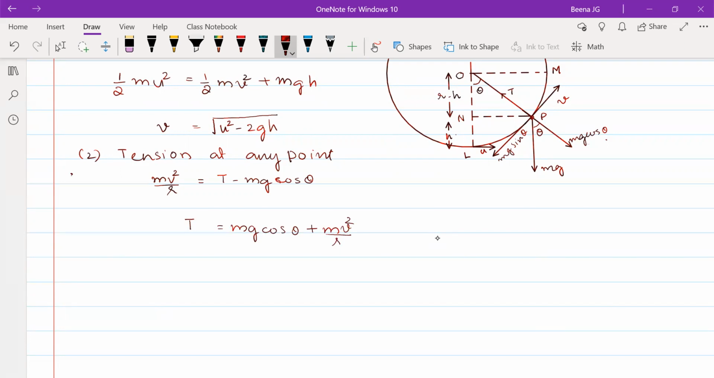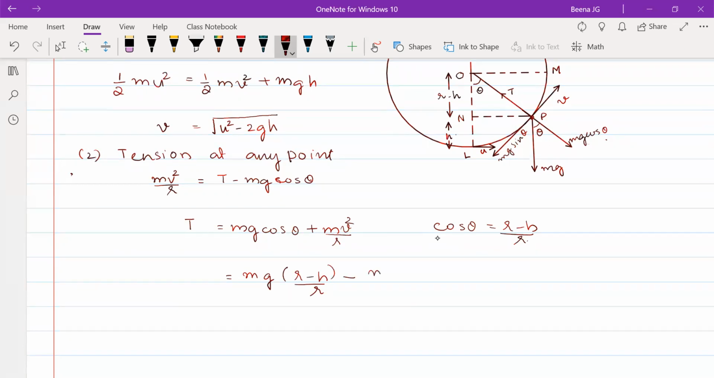Now, from the figure, what is cos theta over here? We can take the triangle ONP. So in triangle ONP, we can write cos theta. Cos is adjacent by hypotenuse, right? So that can be written as equal to r minus h by r. That is cos theta. So this equation, therefore, we can write as equal to mg into r minus h by r